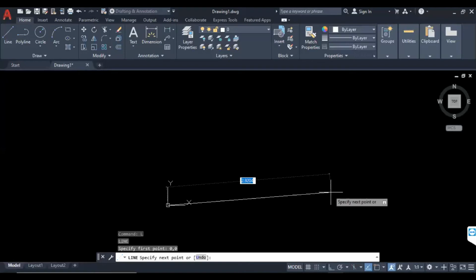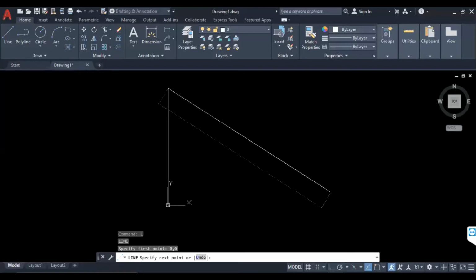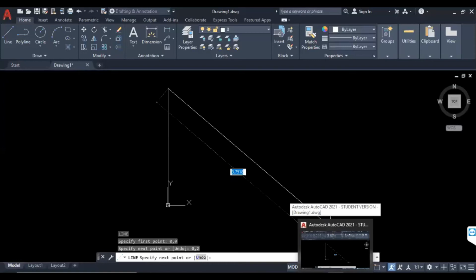Now we want to use the relative Cartesian coordinate system. What do you mean by relative Cartesian coordinate system? Whatever the previous point we specified, it will consider it as the origin. For suppose 0, 2, we did by using the absolute coordinate system. Again you want to move 2 units right side, but you don't know the coordinates.